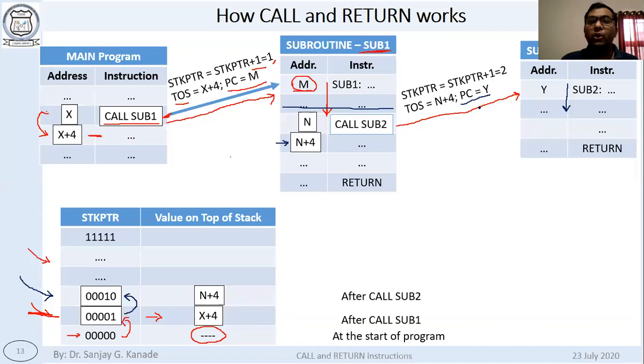How are we going to any subroutine? Going to any location is typically simple, because just writing the value of that address to PC will take you to that location. But we are making the provision for coming back by using this stack. This particular thing in the stack is to make the provision for coming back. On the next step we will see how it will come back to the original location.